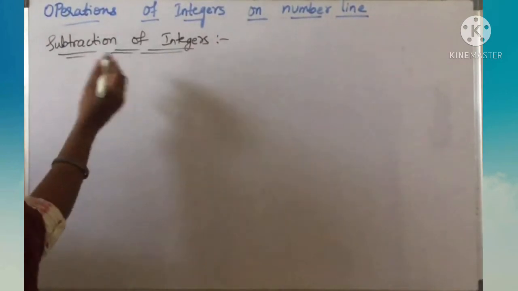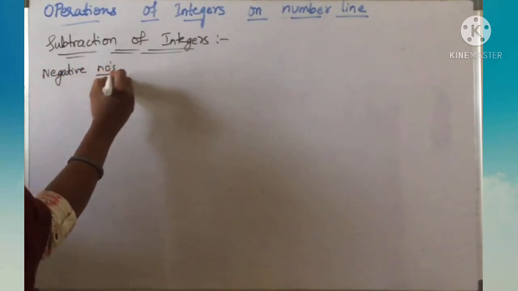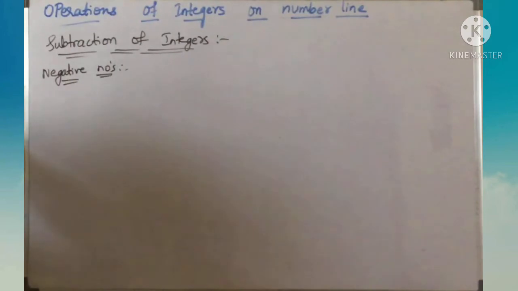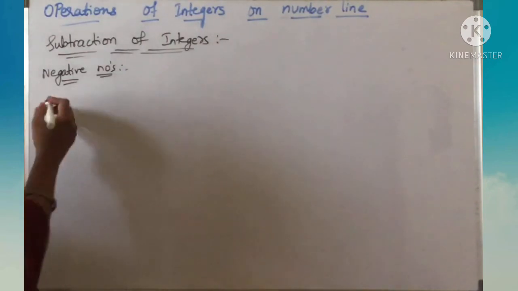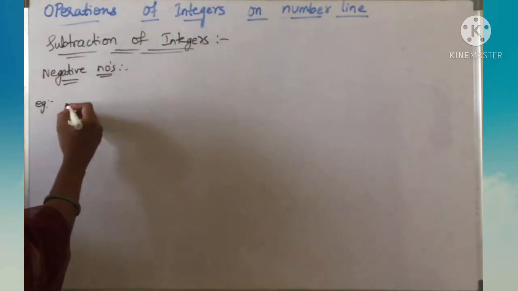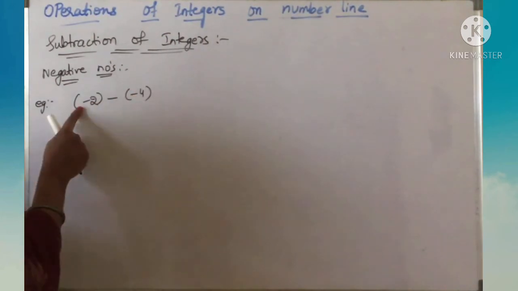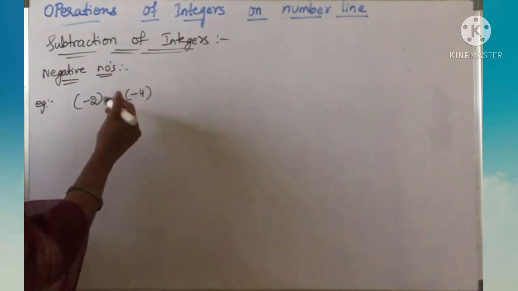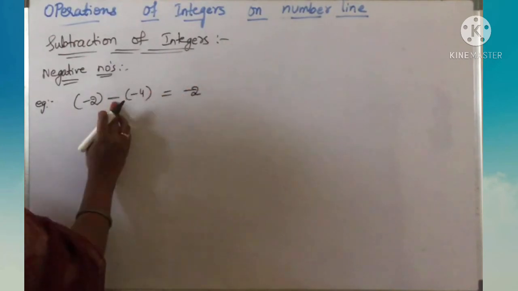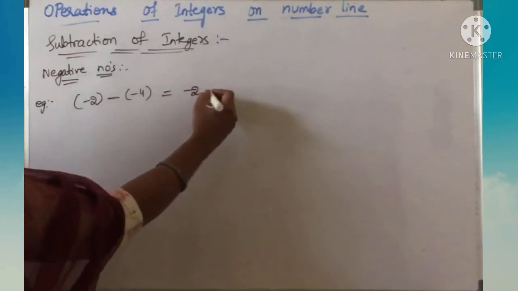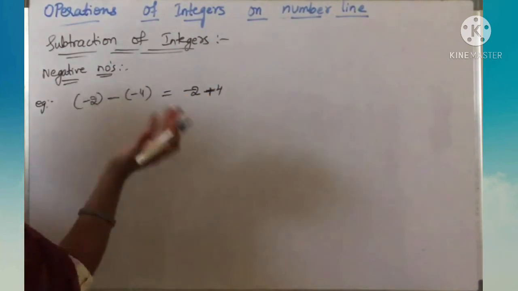Now we are going to do subtraction of integers on negative numbers. So when we subtract two negative numbers, move to the right as far as the values of the second number. We should move to right side. How? Because example, minus 2 minus of minus 4. Here minus 2 is a negative number, minus 4 is a negative number. We are subtracting two negative numbers. And you know that minus of minus means minus into minus, it will become plus. That's why for subtraction of negative numbers, we should move to the right side.